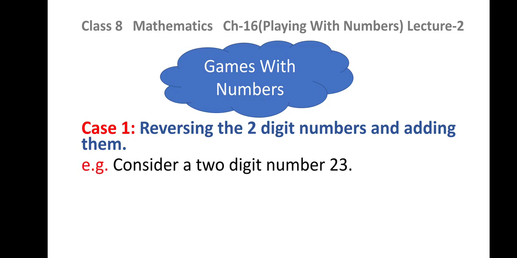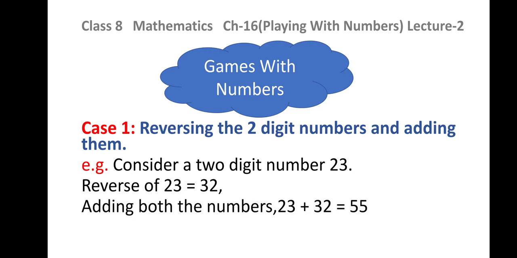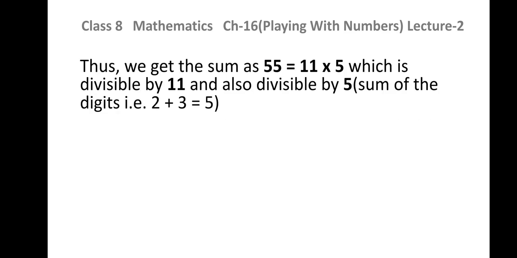For example, consider a two-digit number 23. I am taking an example 23. Reverse of 23 is equal to 32. Adding both the numbers, 23 plus 32 is equal to 55. Thus, we get the sum as 55, which can be written as 11 into 5, that is divisible by 11,